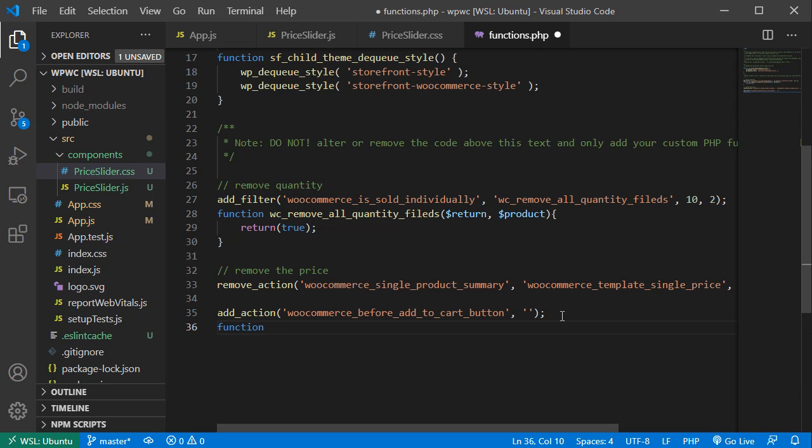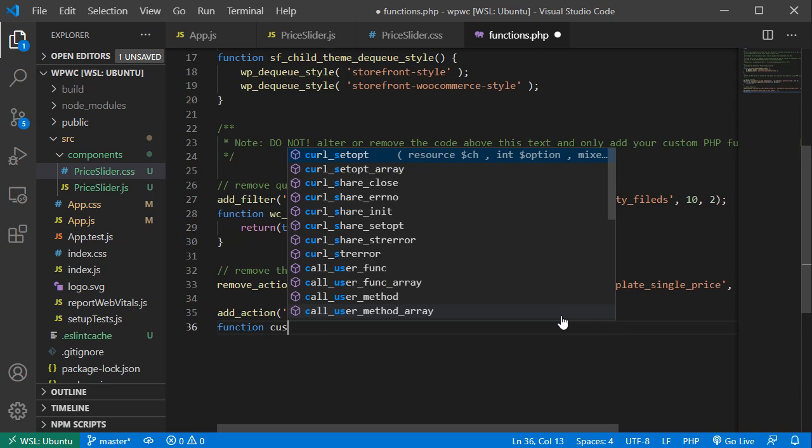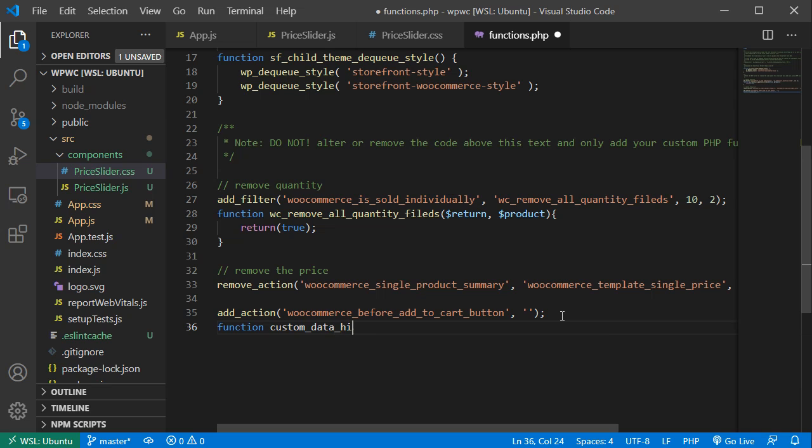Function here, say custom data hidden fields. It's not really custom data hidden fields, like we're not hiding anything, but I just left it like that. Okay, and then here we'll have an echo